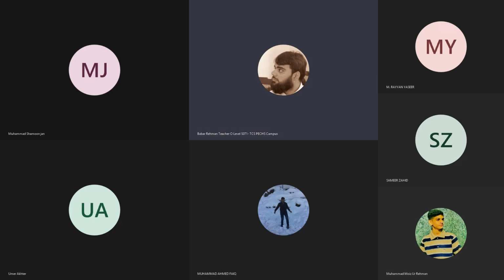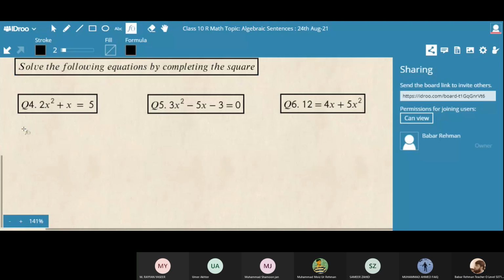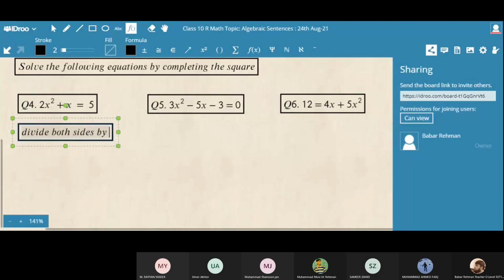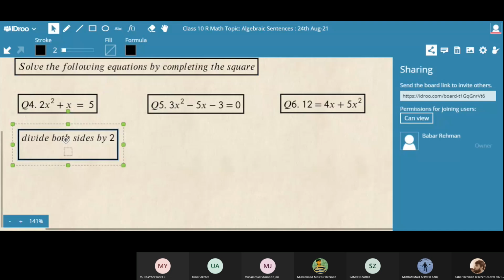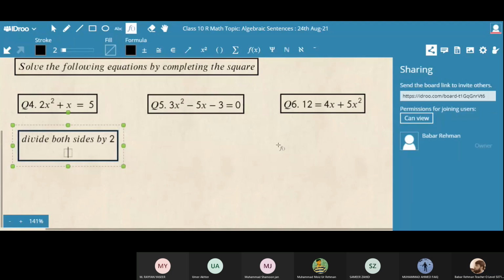By 2. Okay, so what we do, divide. So when I divide it by 2, this would be,